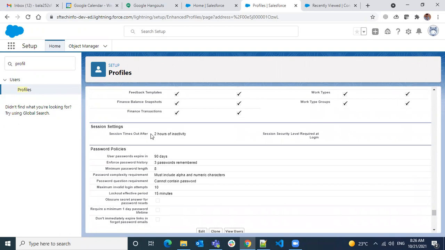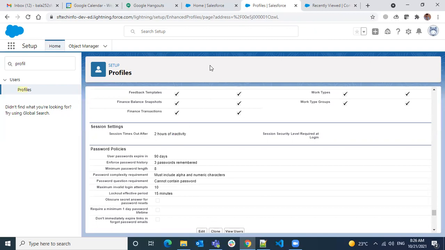We can control when it will time out. So you have opened this org, that means you have logged in, and you are doing some other activity. You are not making any changes, you are not using anything, that means inactive. If you are not making any activity in your active session, then it will be timed out after 2 hours.